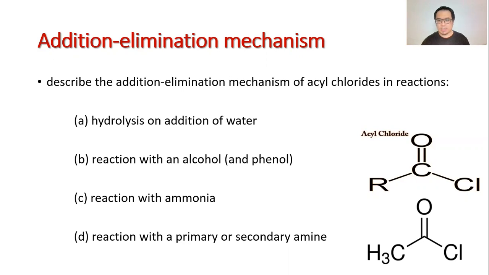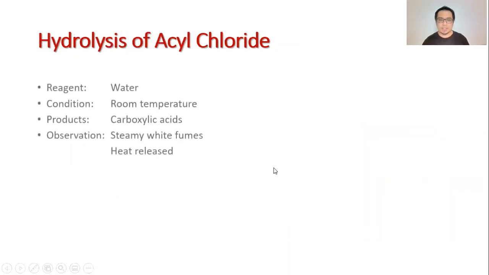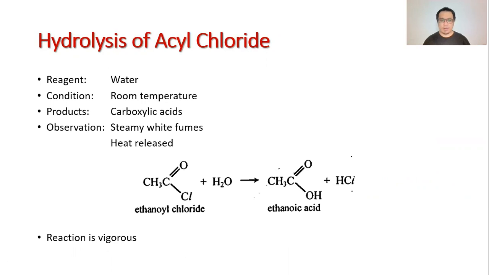Let's look at the first reaction, the hydrolysis reaction of acyl chloride. The reagent, as indicated over there, is the water molecule. The condition is room temperature. And remember, this reaction is very, very vigorous. It releases a lot of heat. The product is none other than the carboxylic acid itself. The equation is given right at the bottom, whereby you have ethyl chloride reacting with water. This is called the hydrolysis reaction to produce the carboxylic acid and the steamy white fumes of the hydrogen